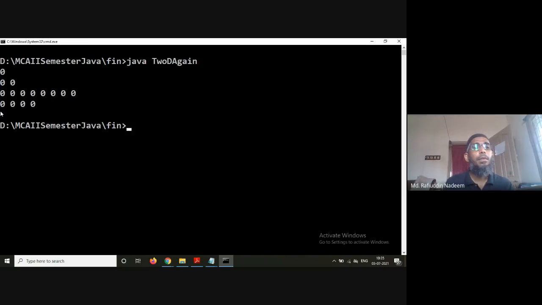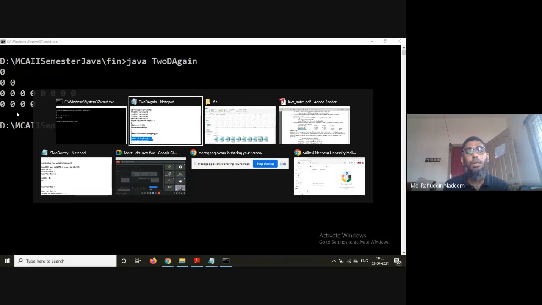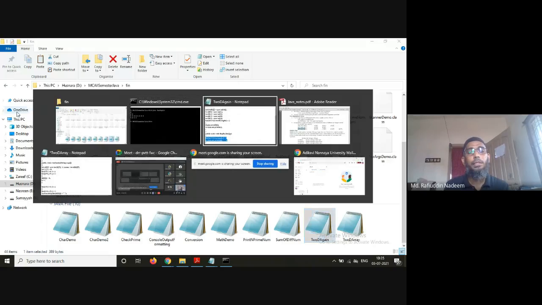Here it is. First row is of size 1, second row is of size 2, third row is of size 8, and fourth row is of size 4. So 4 different arrays with 4 different sizes will be created. This is a new concept which is introduced in Java.